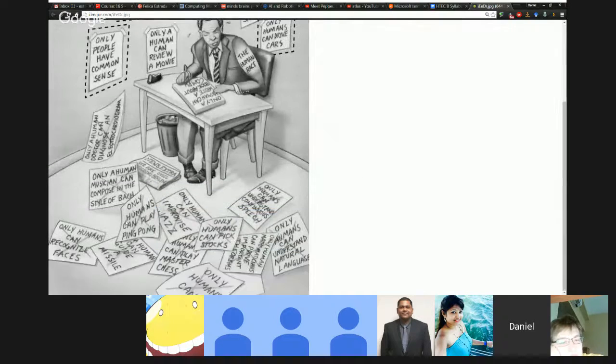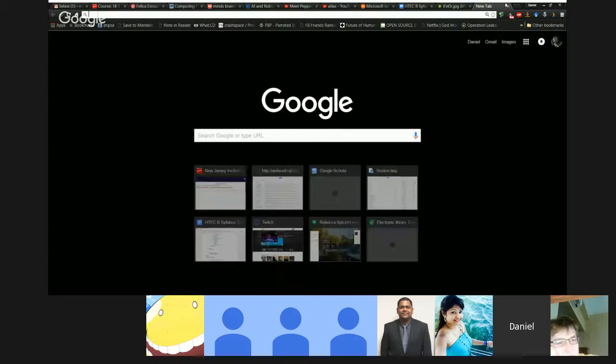And then here on the floor is the wreckage of things that used to be on the walls but are no longer. Only a human can improvise jazz, only a human can understand continuous speech, only humans can process natural language, only humans can recognize faces. It used to be the case that human face recognition was the best on the planet. We didn't know anything else that could recognize faces as well as us. Now computers beat humans at face recognition.